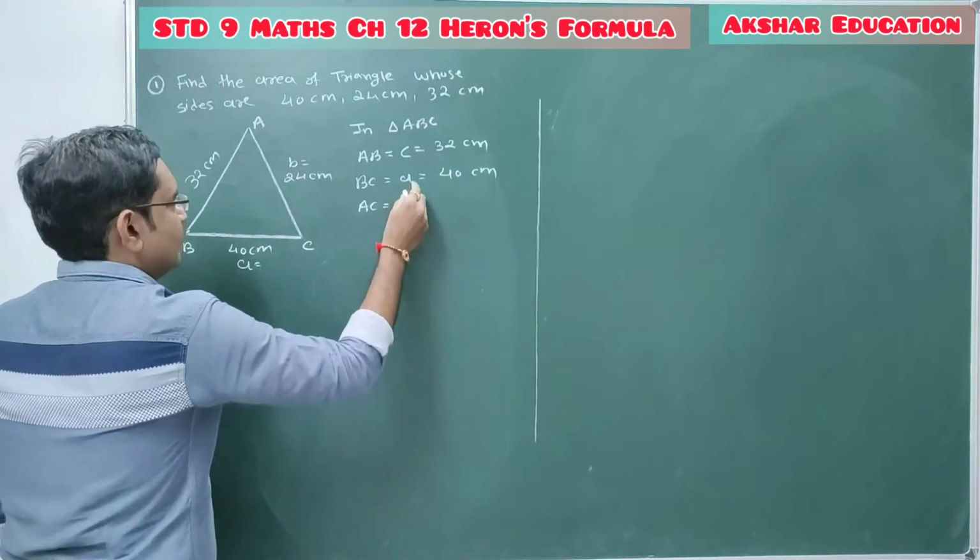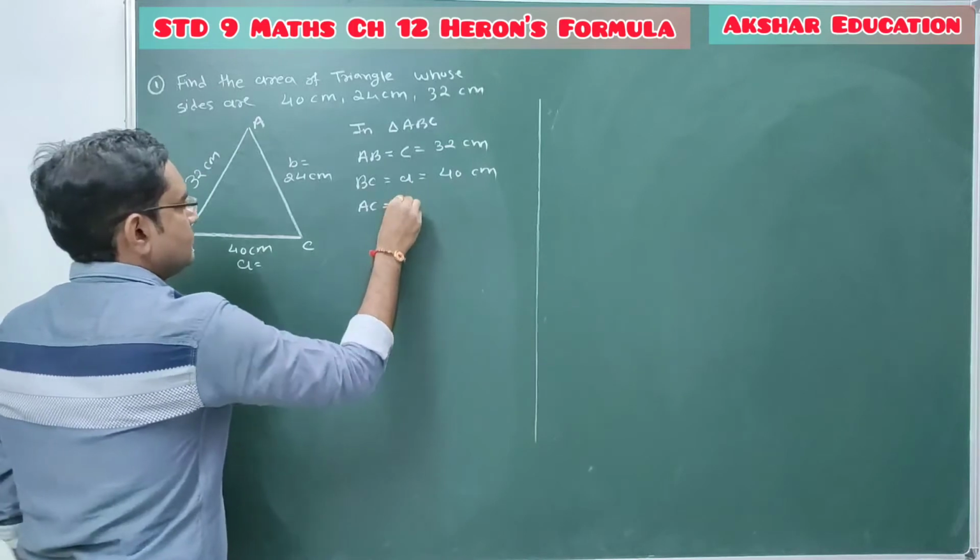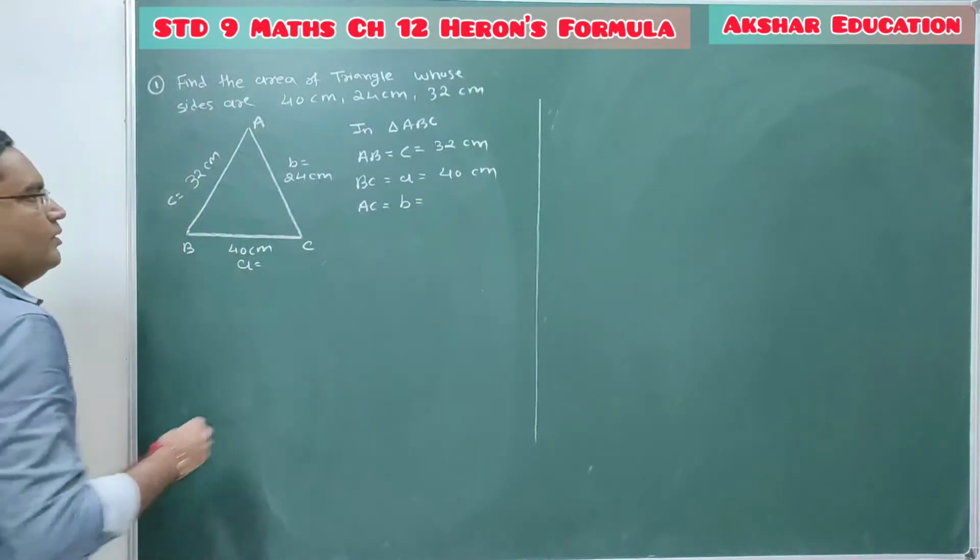So AC equal to b. AC equal to b, which is equal to